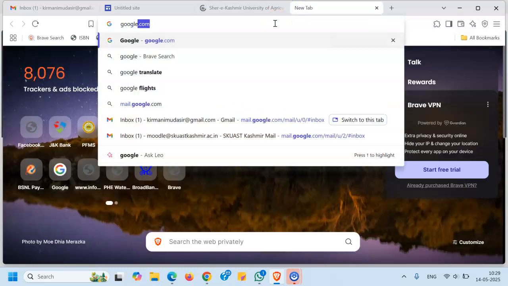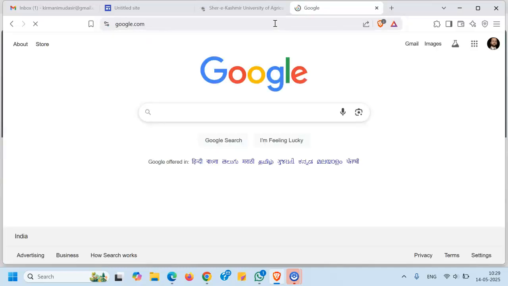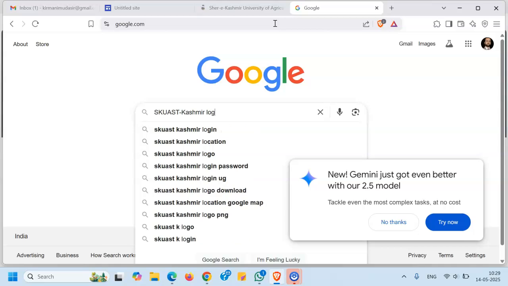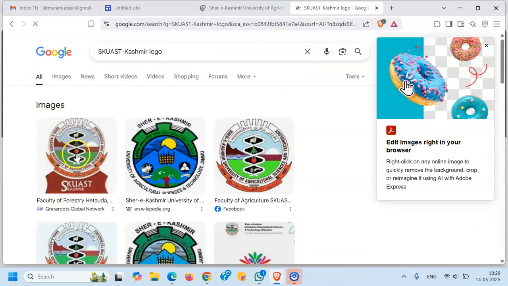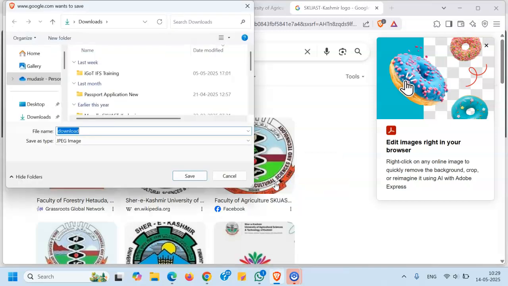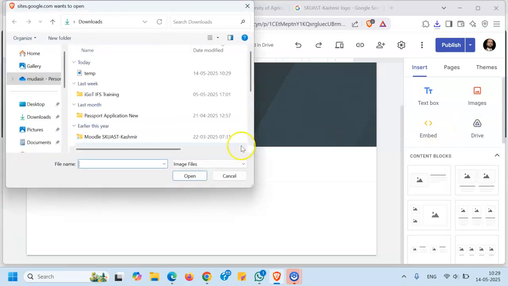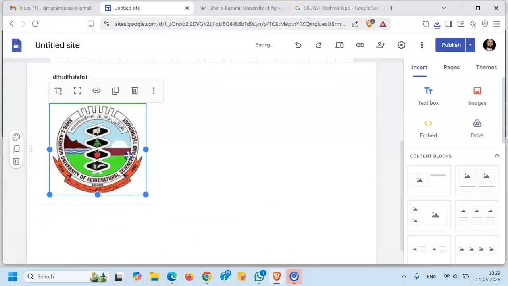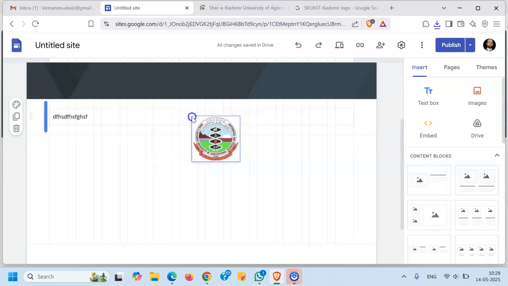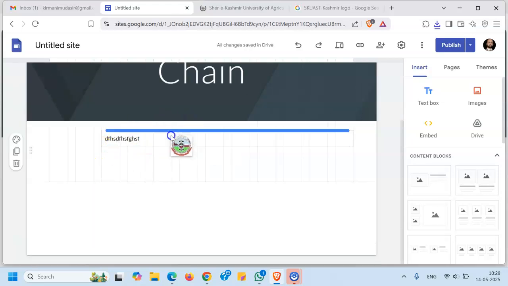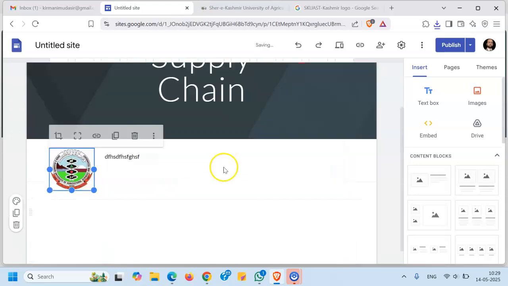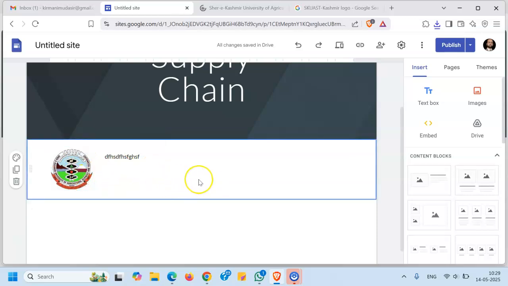I'll go to Google and I'll go to Scotch Kashmir logo, and once I go to Scotch Kashmir logo, let's assume this is the logo. I'll save this image as temp image. I'll be able to use it. I'll go back to my sites and I'll click on image, upload. I'll click on this temp image and you can see that the logo has come. You can place it anywhere, wherever you want, in line with the text, or in the middle of the text, wherever you want. You can put it as per your convenience. You can change it, you can crop it, you can do different maneuvers to it, and this will help you